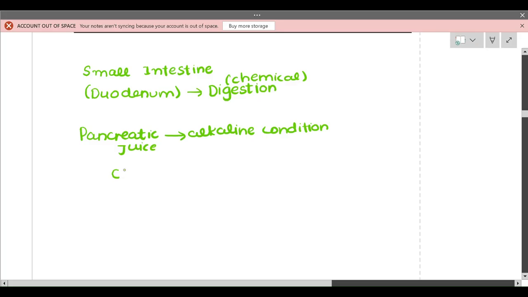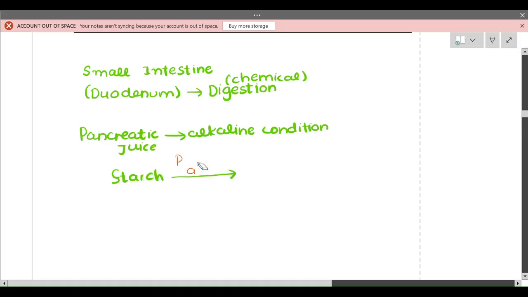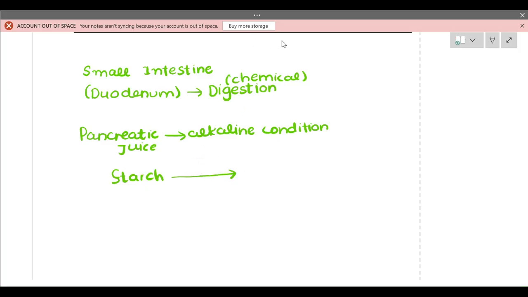And the enzymes they would produce are obviously amylase, that would cause the breakdown of food substances like carbohydrate, like starch. Just because the amylase is coming from pancreas, we would call it pancreatic amylase. And pancreatic amylase would cause the breakdown of starch, and it would convert into the simple substances that we call maltose, and then later it is converted into glucose. And you can see here, we can draw the equation like this as well.